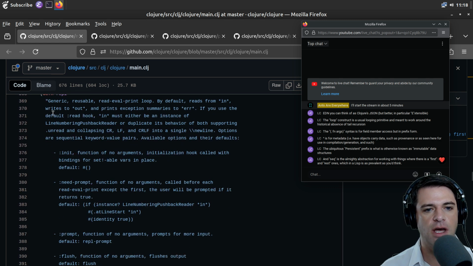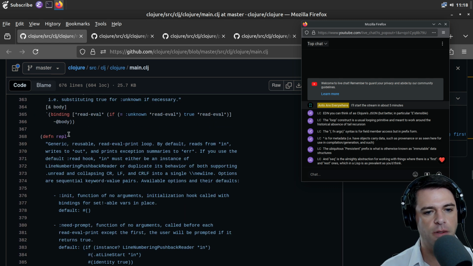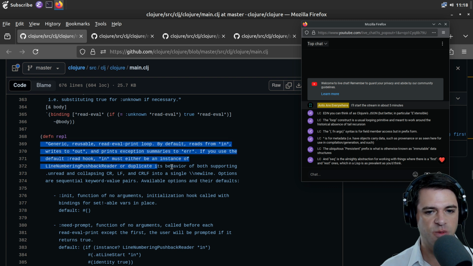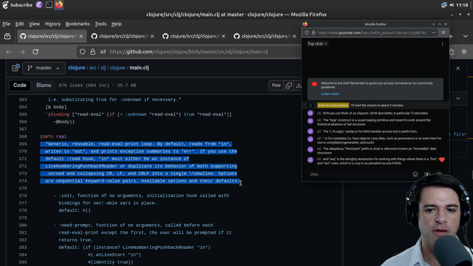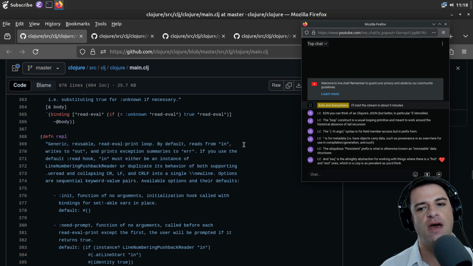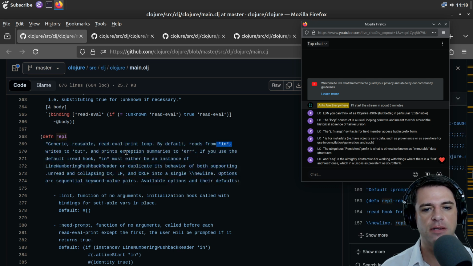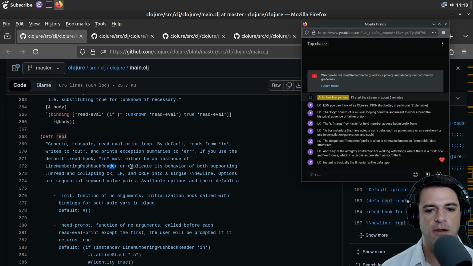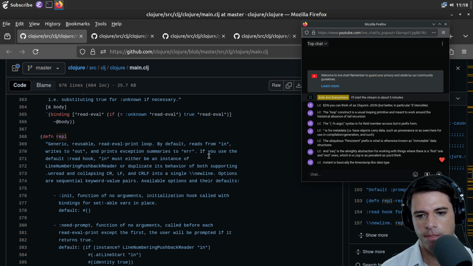And here's the definition of the REPL, I believe. Generic, reusable, read-eval-print loop. By default reads from in, I'm guessing standard in, or maybe Java in, and writes to out, and prints exception summaries to error. If you use the default read hook, in must either be an instance of LineNumberingPushbackReader, or duplicate its behavior.